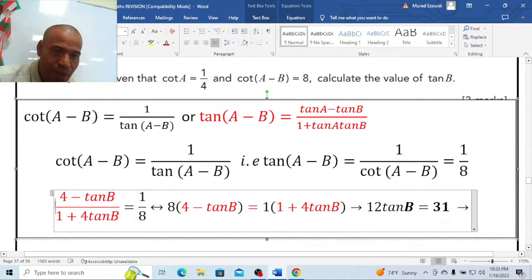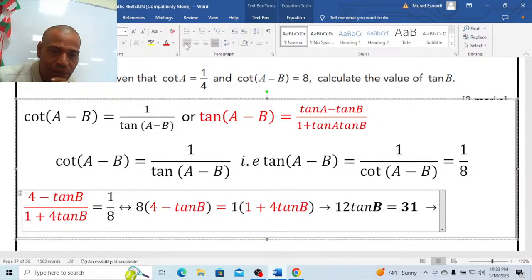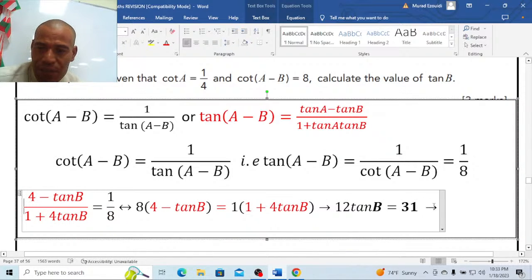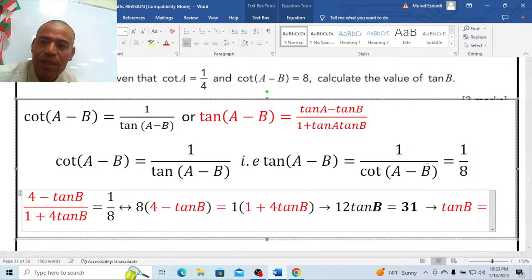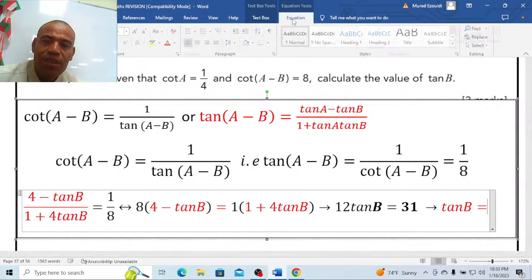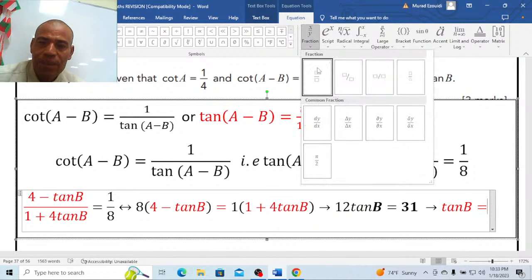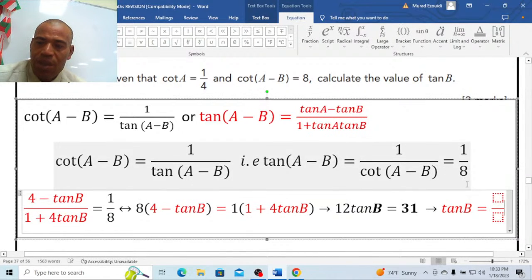Now just this one I will put in front, like that. Therefore, we said that tangent B now is equal to 31 over 12. I will use a fraction, 31 over 12, 31 divided